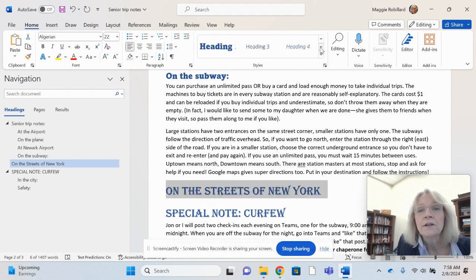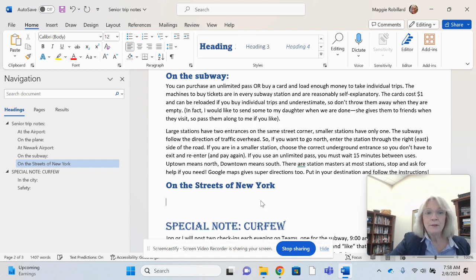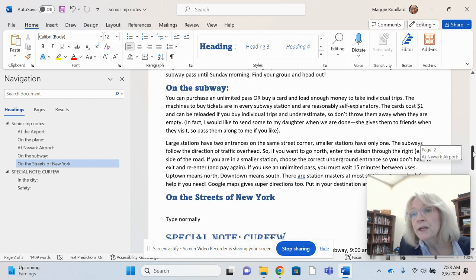Where's Heading 2? I just got to locate it. I guess this must be it. Okay, yeah, there it is. And did you see how it popped over here? And then when I type normally, and I add pages and pages and pages of new notes, then what I can do